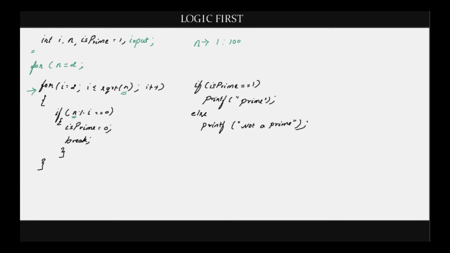So for n equal to 2, n less than or equal to the input value, n plus plus. This entire logic goes within the outer loop so that we can check if each of the n is prime or not. Here we have to change a little bit. We don't want this part. If is prime is 1, instead of printing prime, we have to print the number itself. So that's it. Let's check whether our program works.